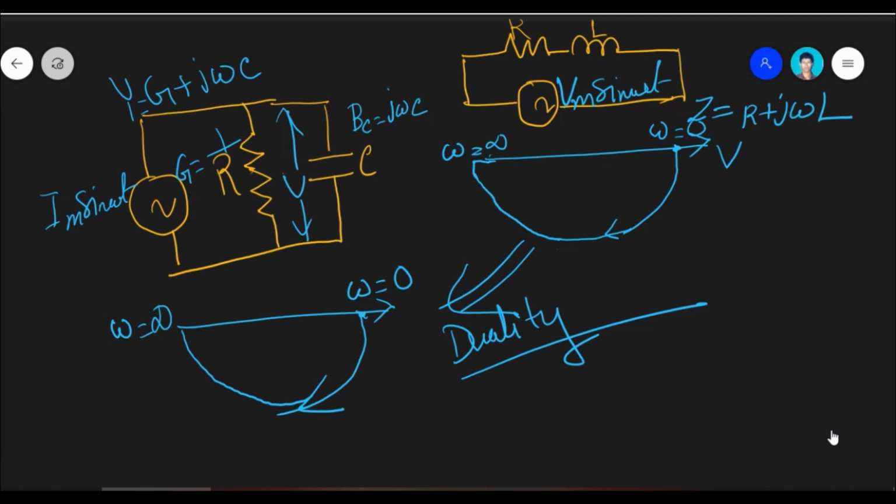what happens in reality. When you take omega is equal to 0, it indicates you are dealing with a DC source. And we know that in steady state, a capacitor behaves like an open circuit. So here the capacitor is an open circuit. Now, when you gradually increase the value of omega, then what will happen? The capacitive conductance, sorry, not conductance, that is the capacitive susceptance.